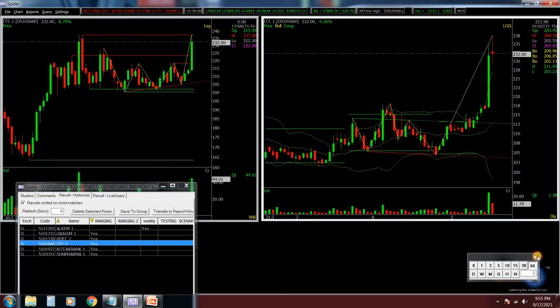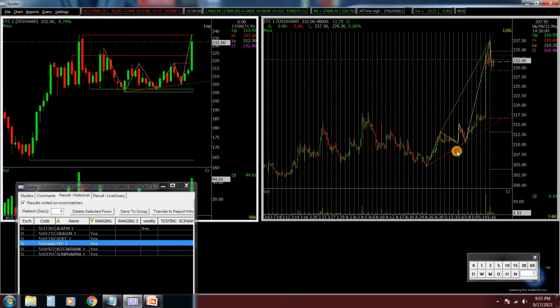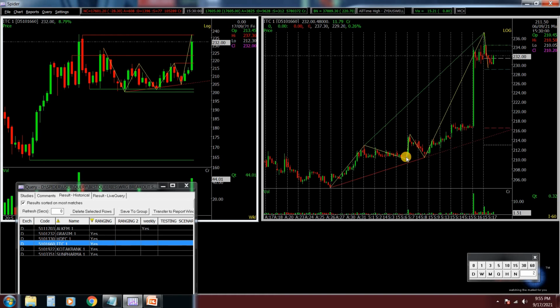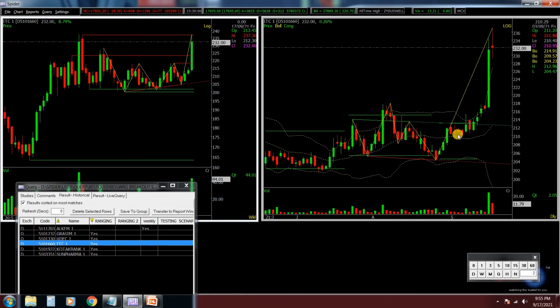If you go to the 60 minutes chart of the ITC of the 6th September, there were 4 inside bars and the closing was nearer to its previous low. A trader who builds the position on the next day after this high breakout, we have seen the huge rally in the ITC. Kotak Mahindra Bank,